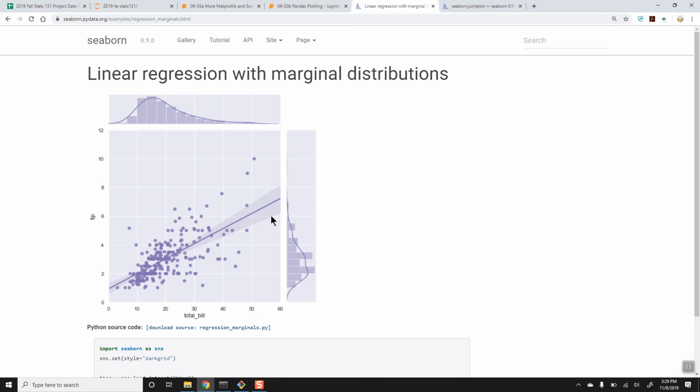Seaborn refuses to give it to you, okay? It has obviously calculated what the slope and intercept is, but you cannot pull it out of Seaborn. Seaborn, philosophically, says, I don't want to tell you the regression model. If you want to figure out the regression model, figure it out yourself. I'm here for visual exploration, okay? And you can say, okay, this is what a linear model looks like, and you can look at it and decide if it's appropriate or not to pursue fitting a linear model. And Seaborn will say this is what it looks like if you try to fit a linear model, but do not use this linear model. I'm not gonna tell you the slope, the coefficient. I'm not gonna tell you anything about any of this stuff. Okay,